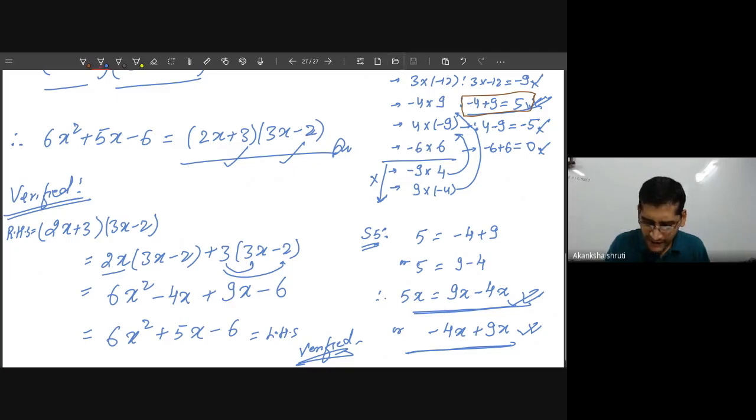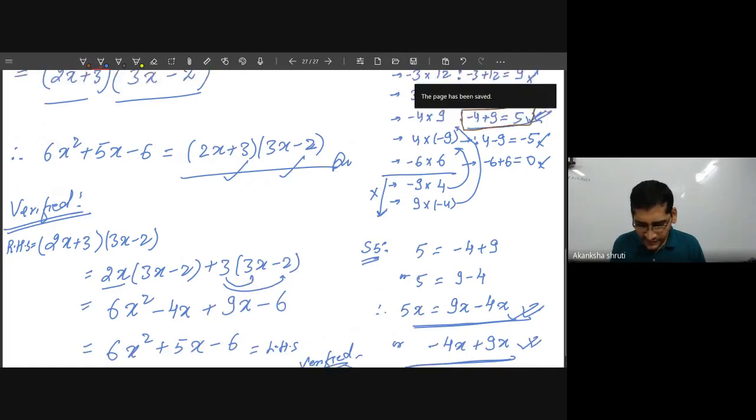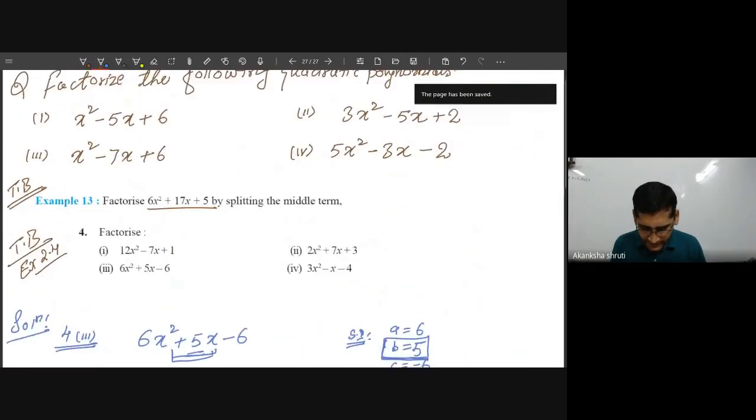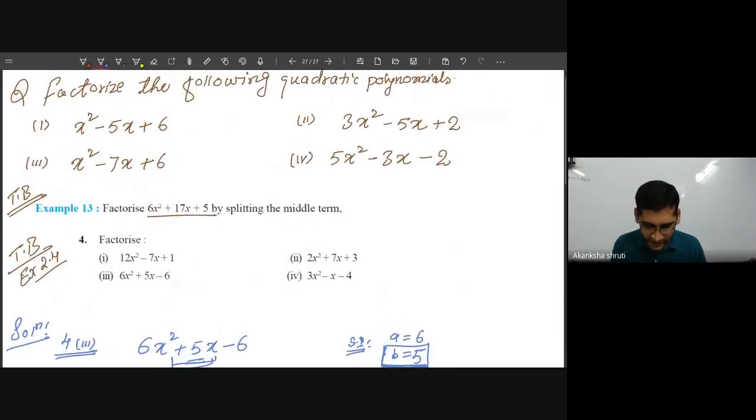So let us stop the class here. Student, this is your homework. Please finish this homework. Whatever questions I have written in red, you have to do, and the other 4 or 5 questions you also have to do. Even though I have solved question number 3, you will rewrite it in your book again.